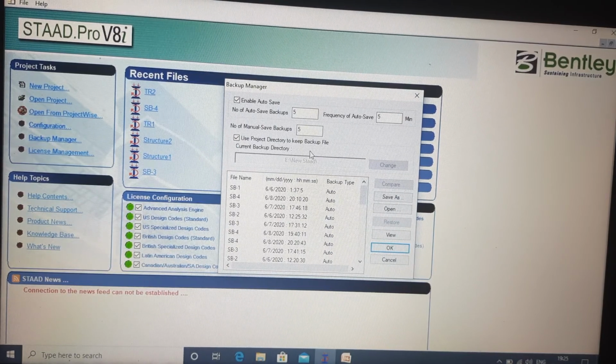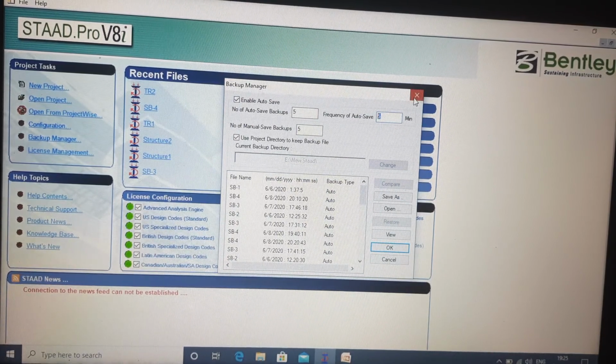You can change the frequency of autosave, the number of autosave backups, how many autosave backups will be stored, and how many times it will appear. All these can be changed from here.